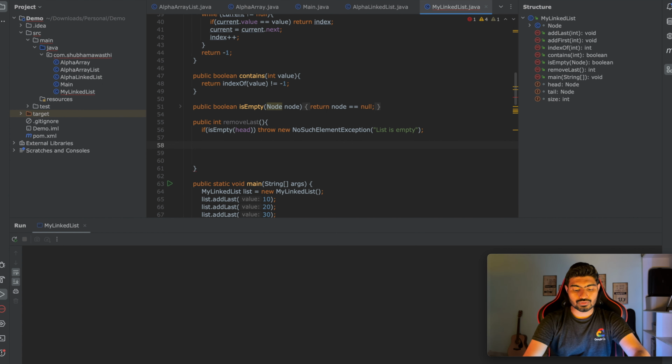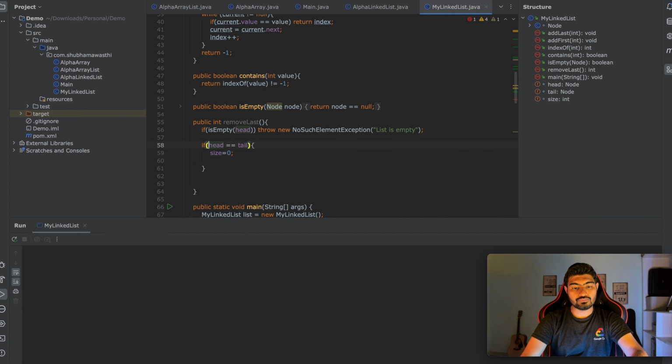Now let's think of a case when you have only a single node in your linked list, right? So what will be that case? How will you know if you have a single node in a linked list? I have already explained this. If your linked list has a single node, that means the head and tail pointers of the linked list are pointing to the same node. That's how you will know that you have a single node in the linked list. That means if head is equal to tail, you have a single node in the linked list. You can make size 0,